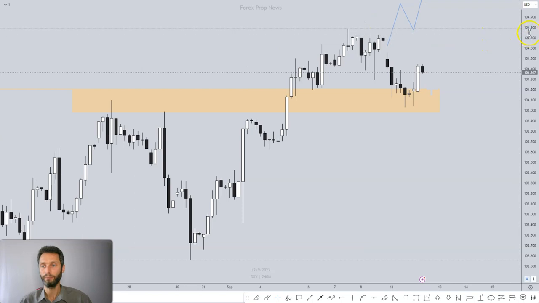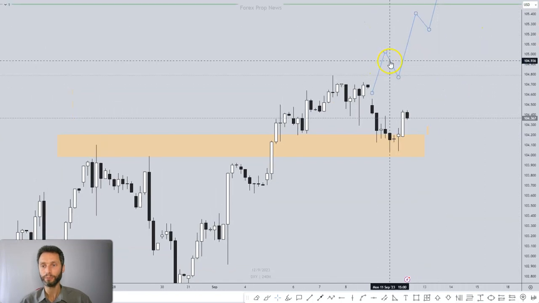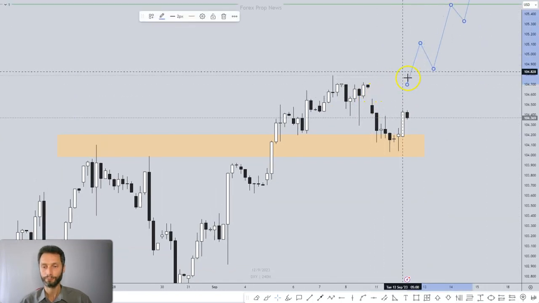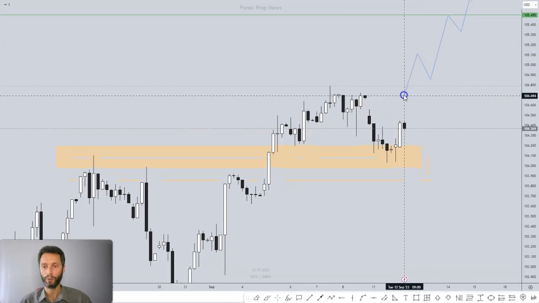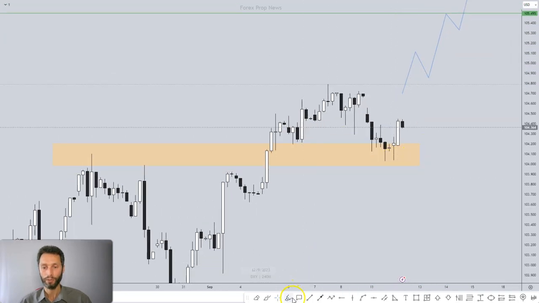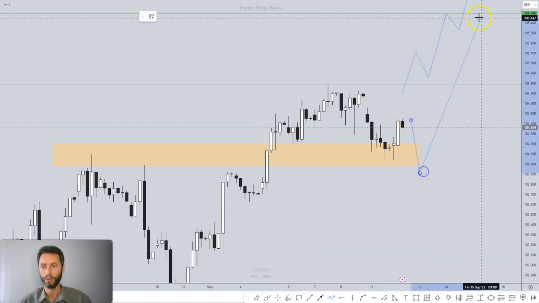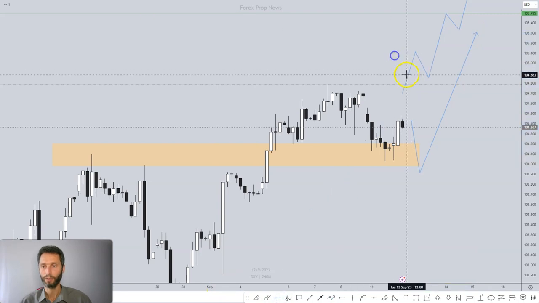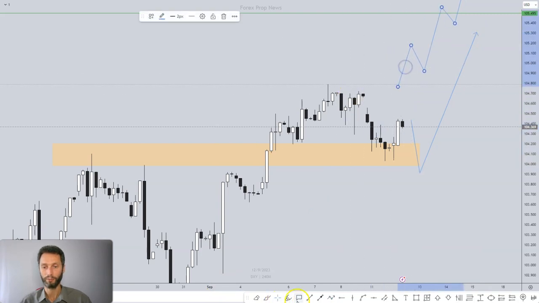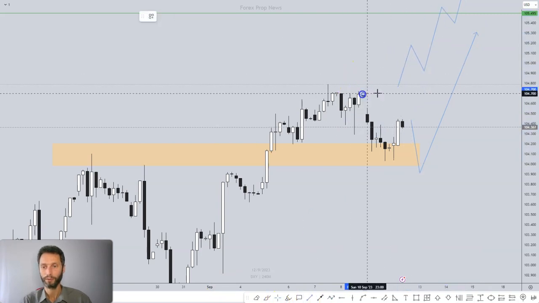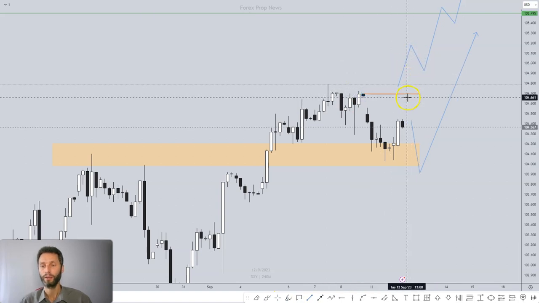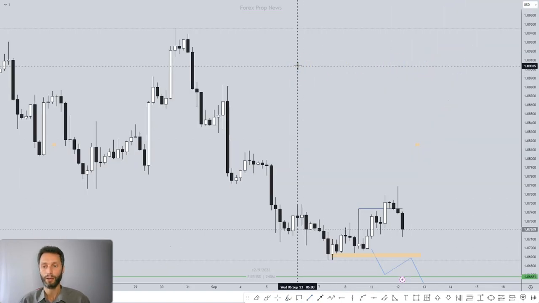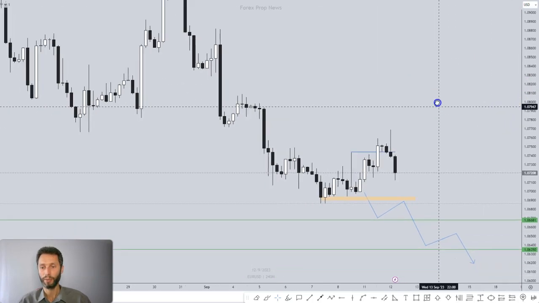This was the expectation to go higher, and now that we have reached this low, let's see whether we do get another move lower and then we go higher, or we break above this level here and then head higher. So let's see how that reflects on the dollar based pairs, the major ones we looked at.